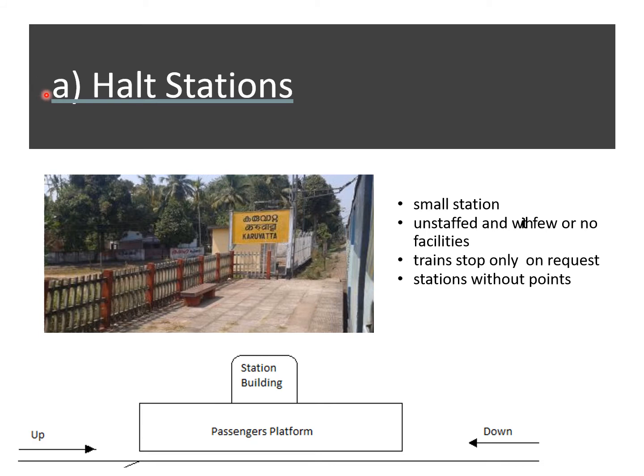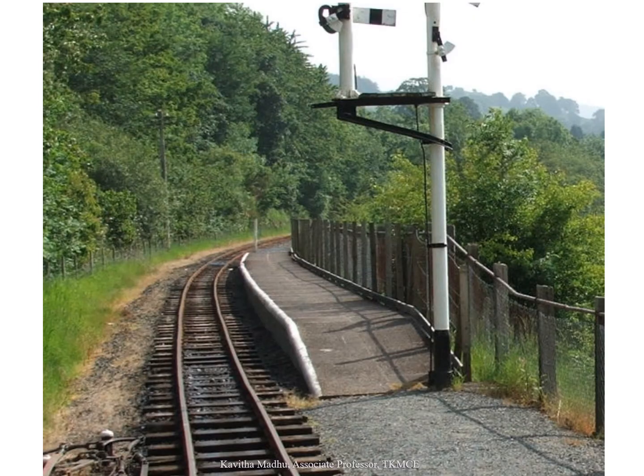It is one type of wayside station. Here you can see it has only a platform. There is no station building here where these passengers can alight and board a train. So only a platform will be here in the case of a halt station. Sometimes it can have a station building also, but the thing is there won't be any points and crossing at the station. For example, if a siding is there, the train can be taken to that siding and stopped there, but no such facility is provided in the case of a halt station.